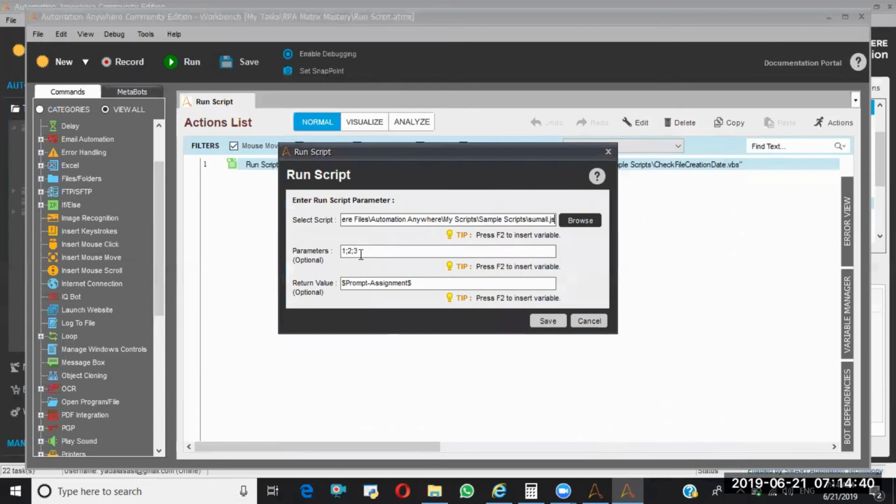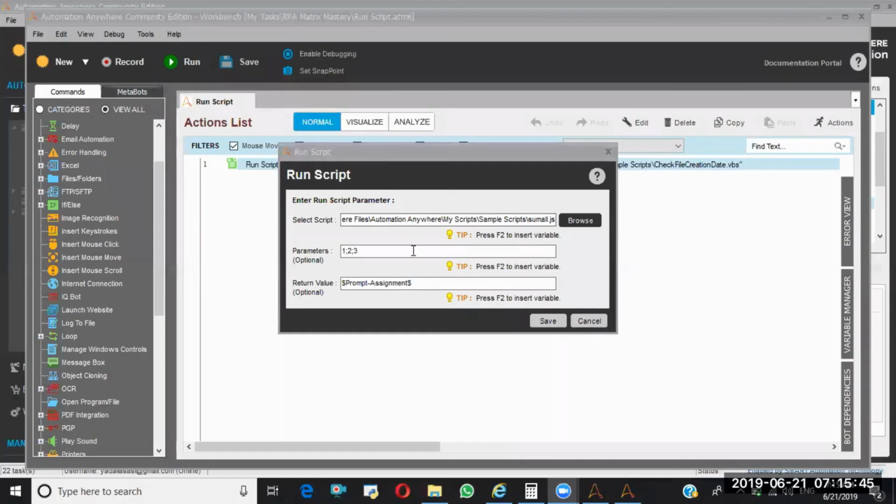The sum of these three values is 6. It will assign that output, 6, to the prompt assignment with the help of this return value.